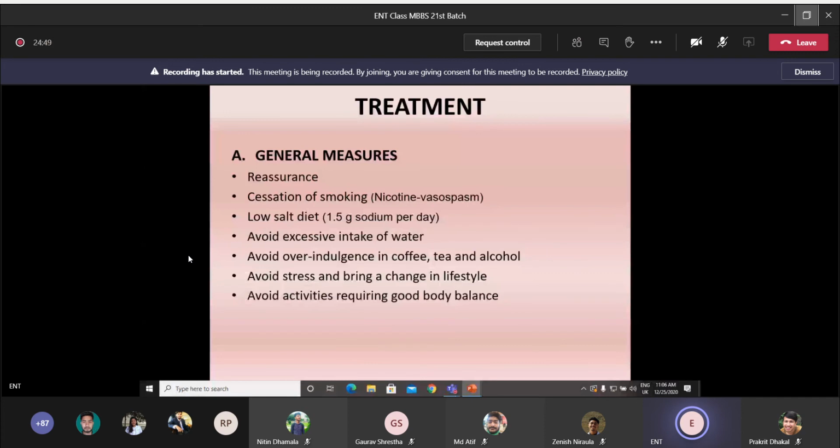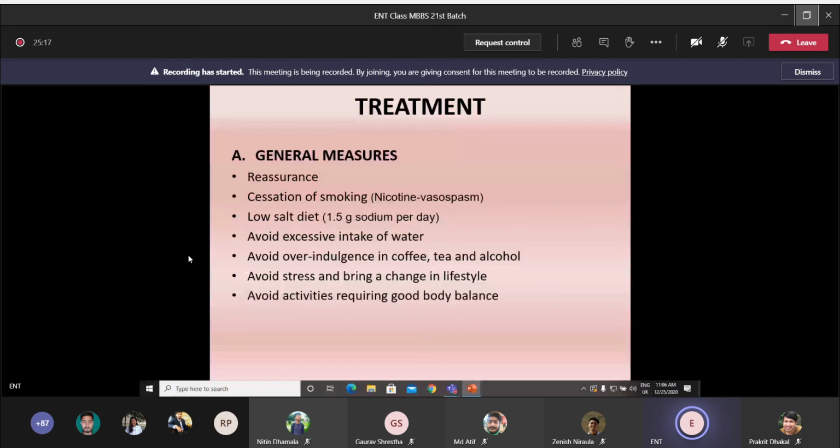Now, a very, very important part is the treatment. This has been asked in the past several times, so you should know the treatment of Meniere's disease properly. First, it is divided into general measures. So what are those? You need to reassure the patient, because the patient is very